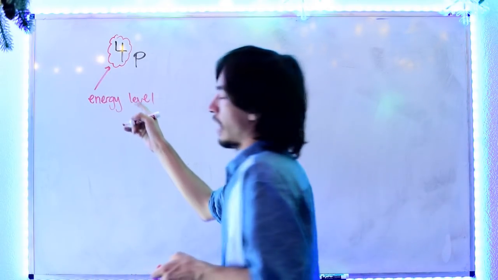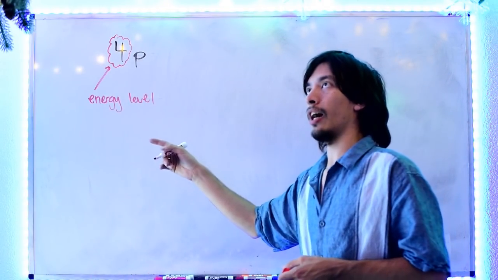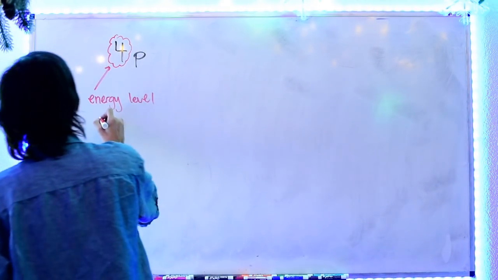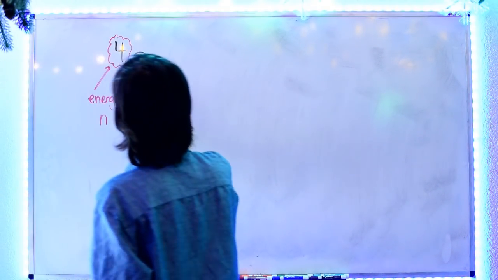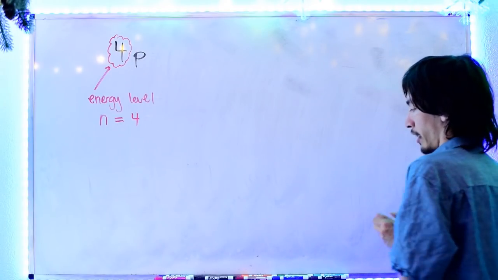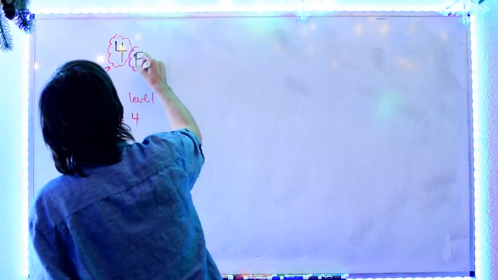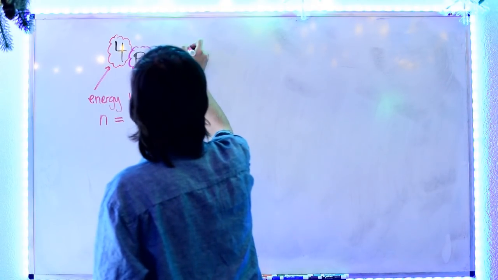The energy level, I believe it's also known as the principal quantum number. It's just your n value, which is in this case 4. The p